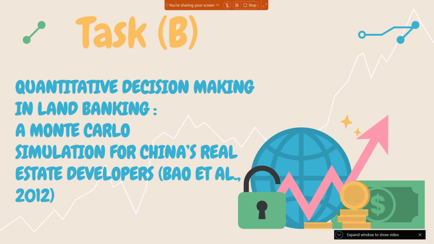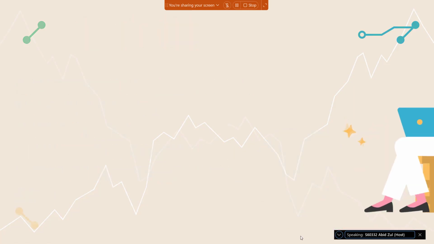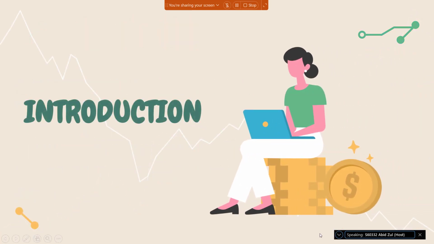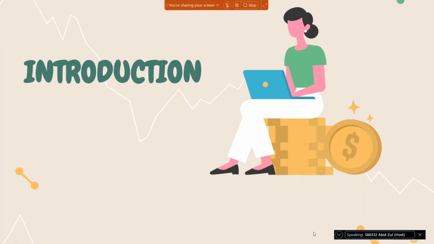For task B, quantitative decision making in land banking, Monte Carlo simulation for China's real estate developers. This is the article that we found on the internet. For the introduction,